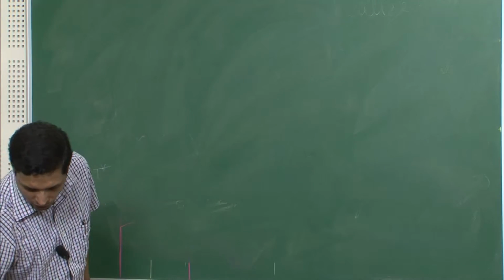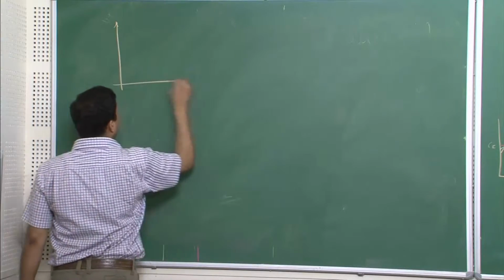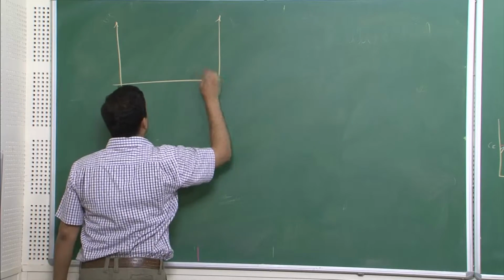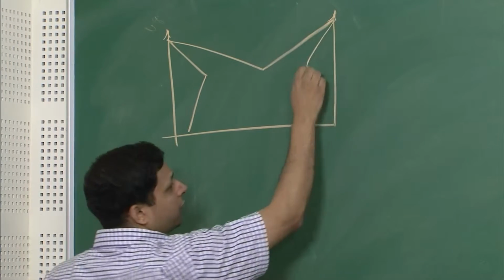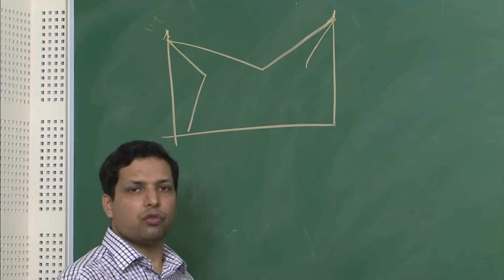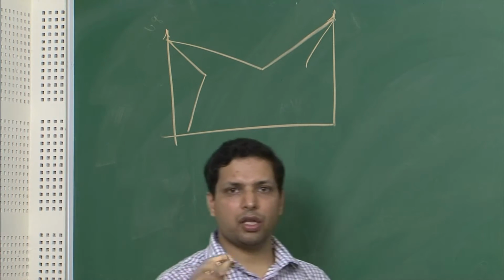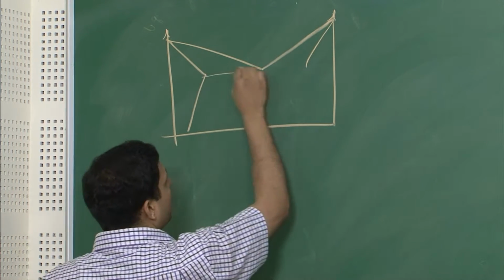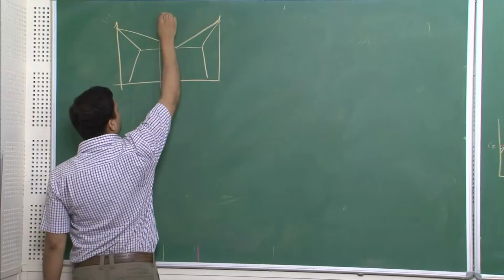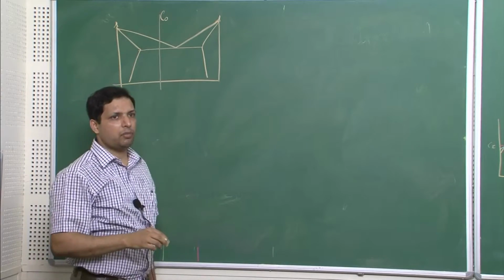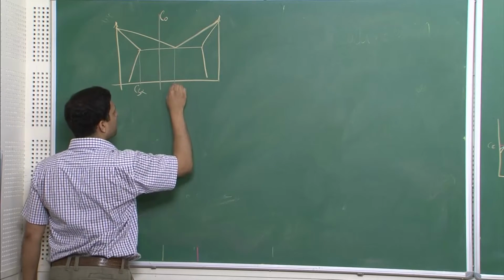Now what is that more generalized relation? We will now be looking not at Ce, but at some other composition in the two phase region. We derived the previous equation, Cl minus Ce, for the alloy concentration being equal to Ce. Now we want to find the interface stability for some other composition, C naught. This is a variable. This C naught can be anything from Cs alpha to Ce.